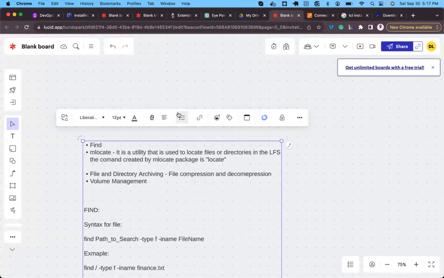Now the next topic we have is volume management. Volume management is going to take us some time, so I want to end the session and start a fresh session. So this is what I will do. Go here,